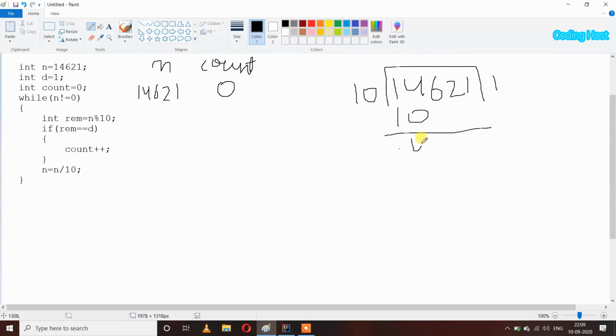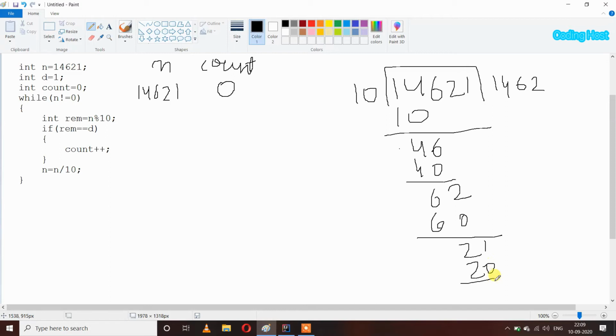After that, 4 here and 6 down here, 10 into 4 is 40, so 6 here and 2 down here, 10 into 6 is 60, so 2 here and 1 down here, and 10 into 2 is 20. So we get 1 in the remainder. After that I am storing this remainder in the rem variable. So now the value of rem is 1.